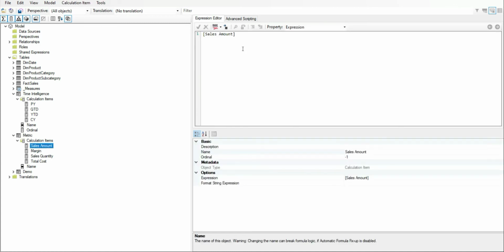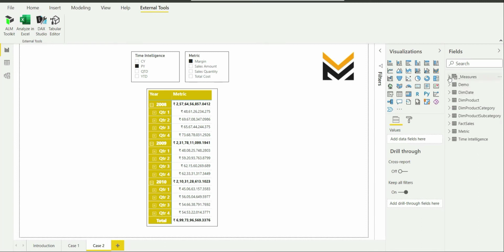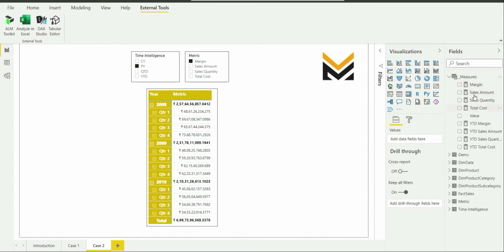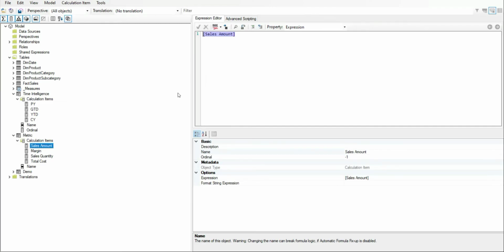Now, the DAX expression for sales amount is the name of the sales amount measure, which is there in the PBIX file. In the PBIX file, if I go to measures, I have four base measures: margin, sales amount, sales quantity, and total cost. So I have named these calculation items by the names of the base measures only.